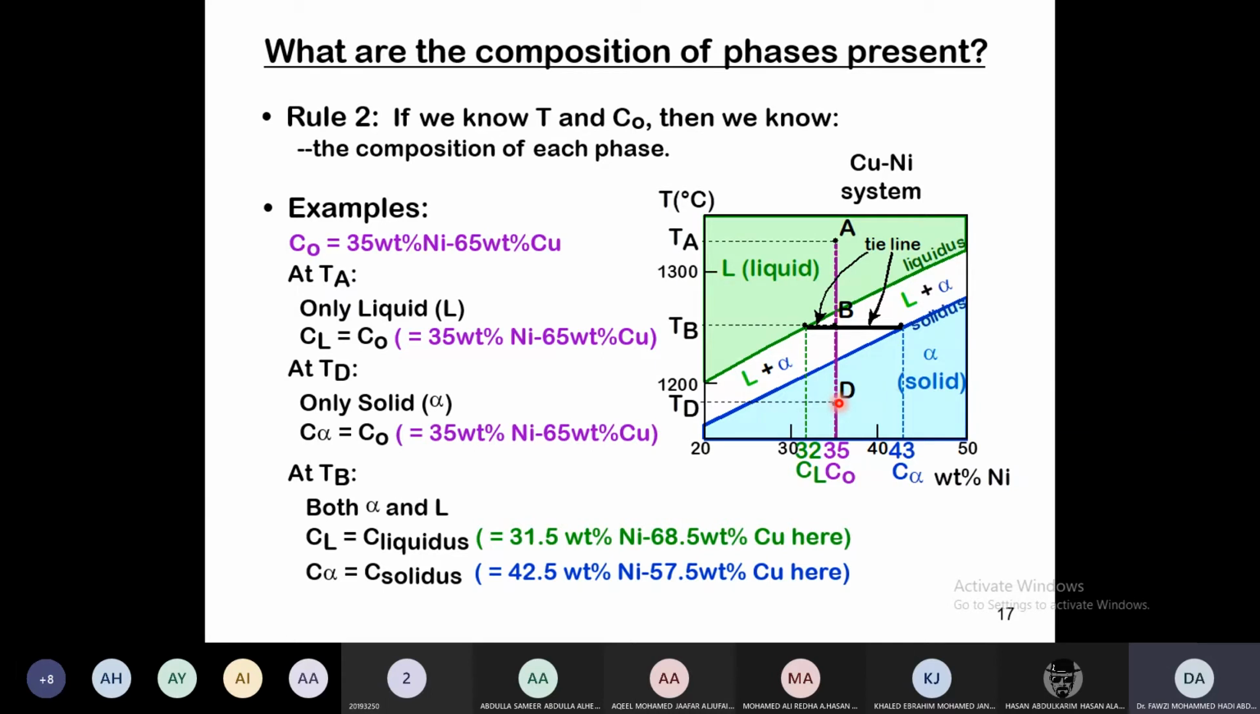The third case is if we are at temperature TB, the temperature which makes the material in the